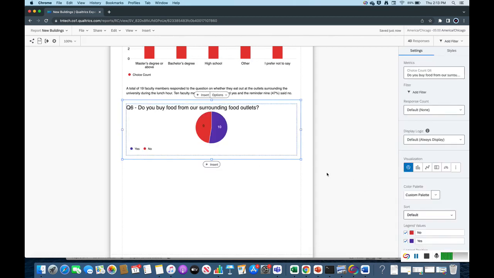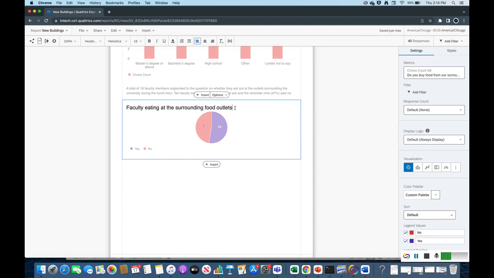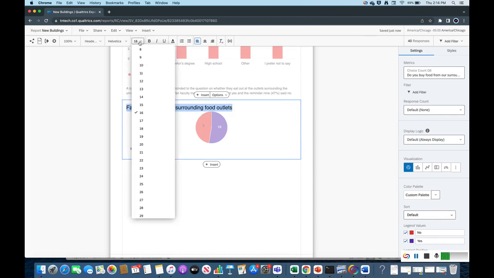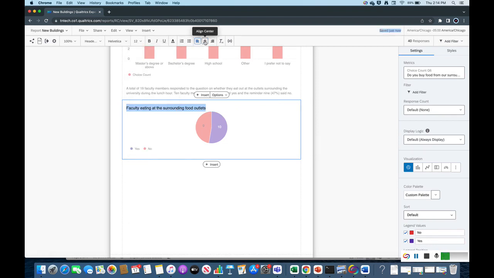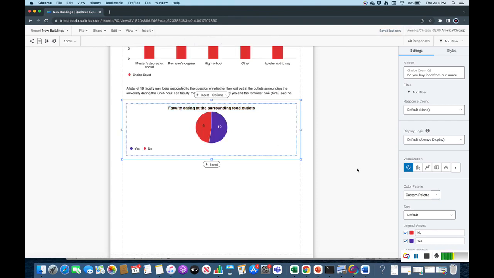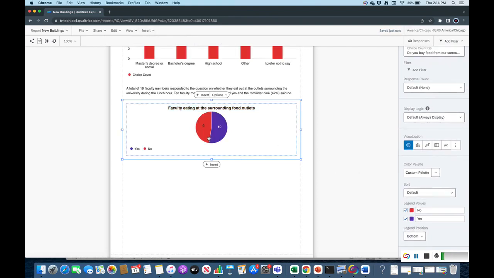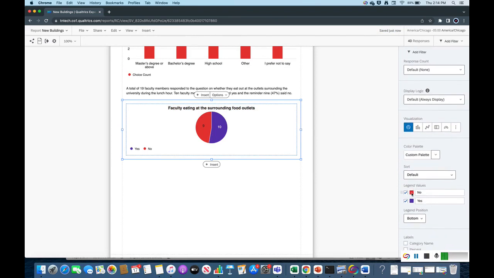And under here, a pie chart, you have some other options to change your visualization. So here, before we do anything, I'm going to change this, and then I will change that to 12 and center that, and I will also make that bold. So let's say you want to change the color of your visualization. You can come here on the legend and just say, let's say here I want to use a gold color. I will do that,